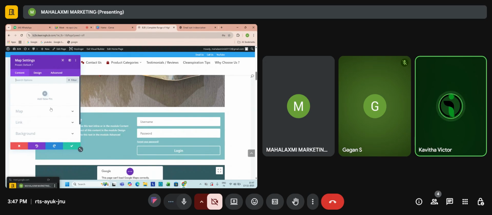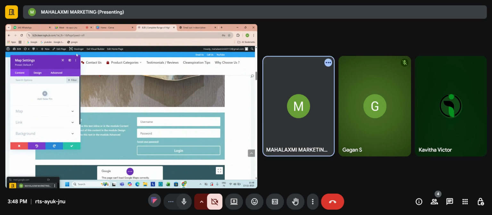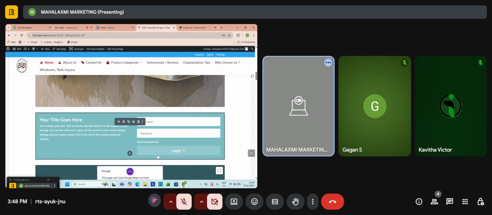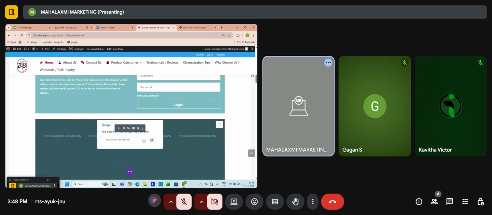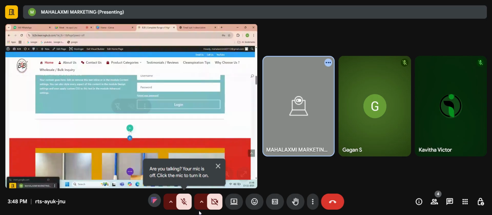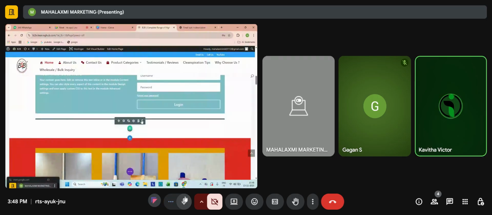Through the coding module, we have already added the map, the location of our website. Correct? Yes. So please ignore this. Okay. Paste it. Add the next module.